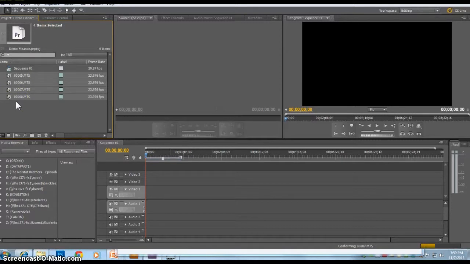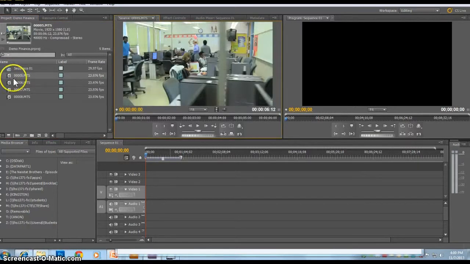A lot of different programs refer to this as the bin, and I like that name for it because it's the container. It's where all your stuff comes from, right? And the workflow for editing in Premiere goes a little bit like this. Each project source file, 5 through 8 as I have here, is in the bin, and if I double click on its icon, not the name, notice if I click on the name, it wants me to rename it. Not a bad idea if you have a whole bunch of files, makes it easier to search through them. But just for working with a few files like this, double clicking them will open them up